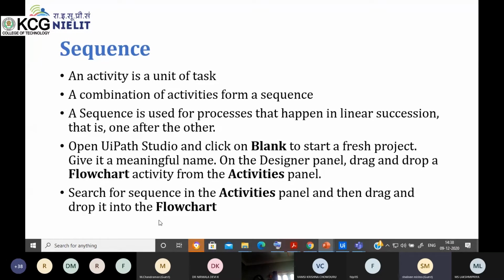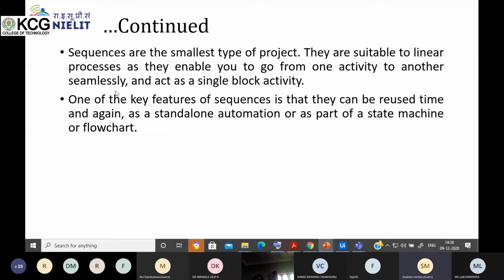Now, continuing to this only, the sequences are the smallest type of project in UiPath. We have already said that we have the types of workflows, that are the sequence, flowchart, and the state machine. So the sequence is the smallest type of workflow present in UiPath.